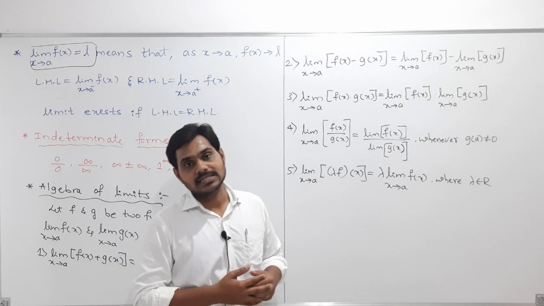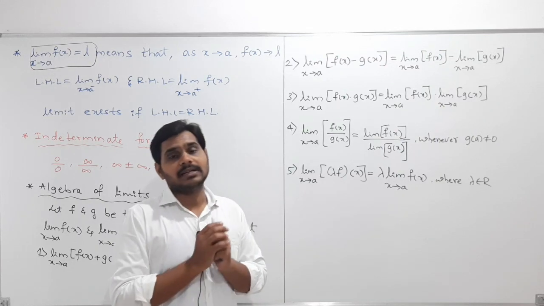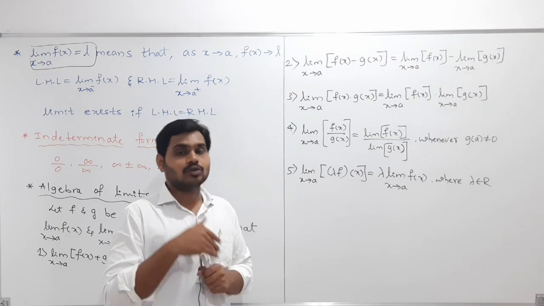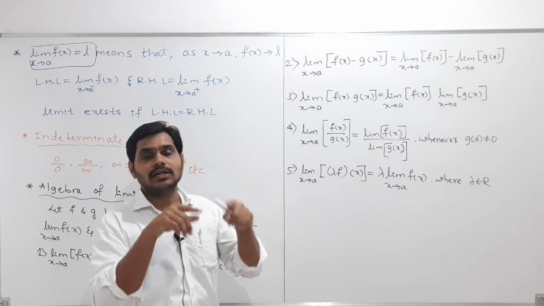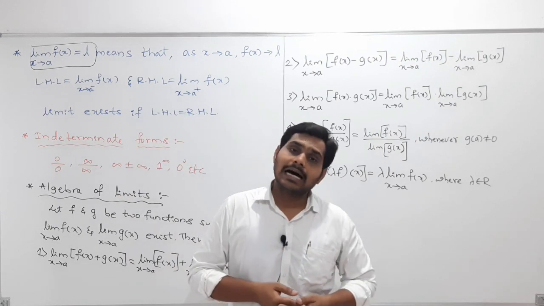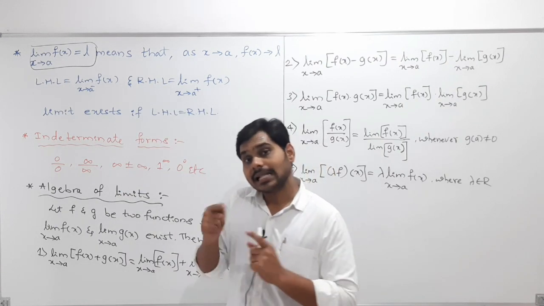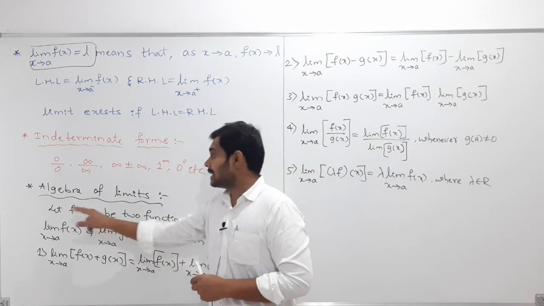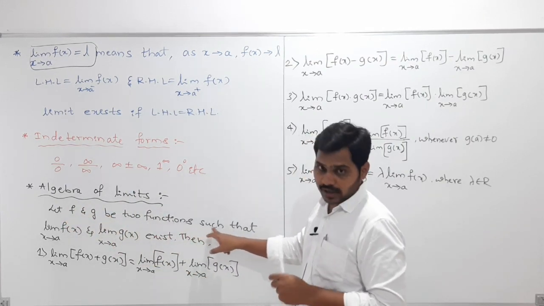Algebra of limits means how to add two limits, how to subtract, how to divide, how to multiply. All these operations we can generally call algebra. So now we are studying algebra of limits. Understood? So what it says: let f and g be two functions